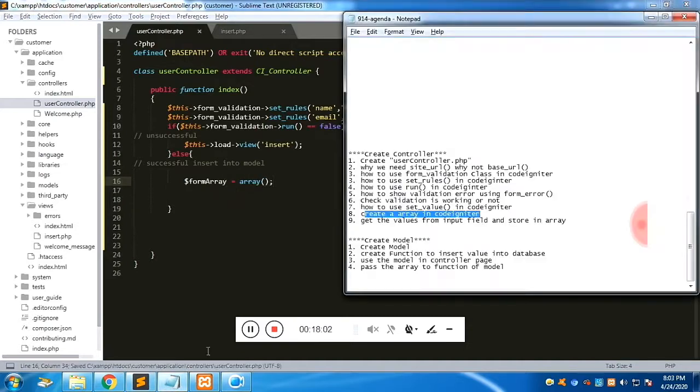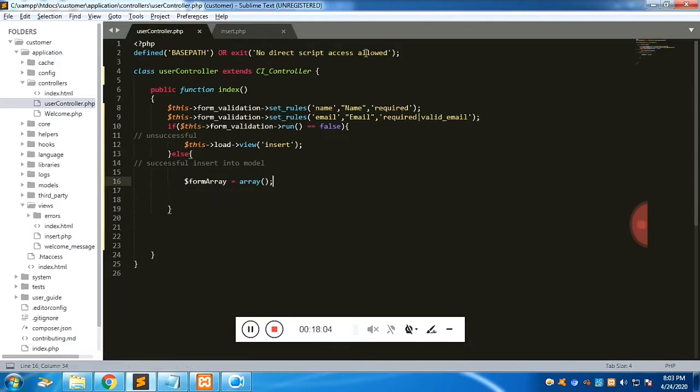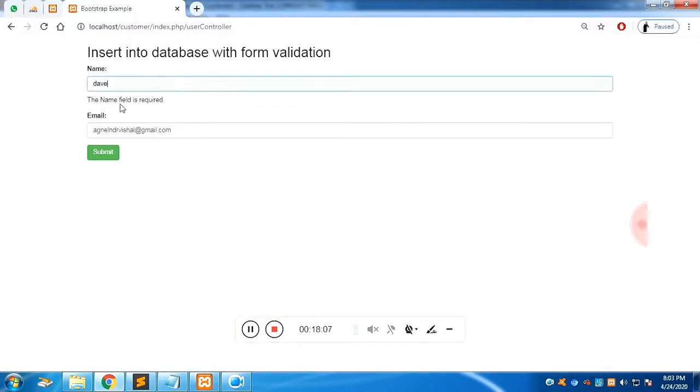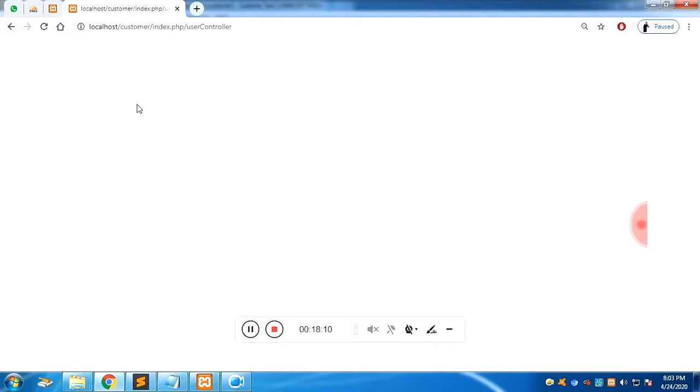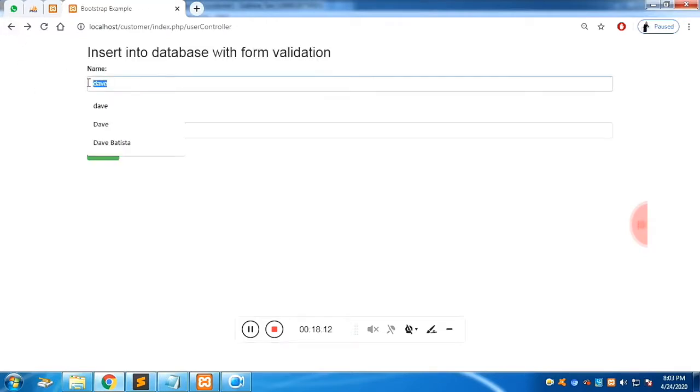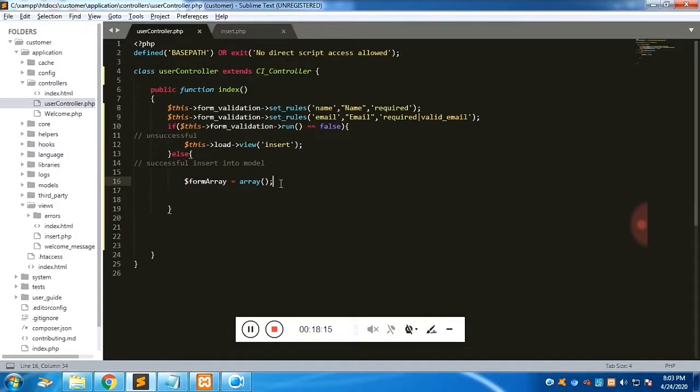Fine. Now we are going to get the value from the input class. Whatever you write inside the input field is going to get stored in the class called input. I'll show you this. We are going to call the class, which is input, and the input class will have the post method, and this post method will have the name attribute, and we'll store it into an array. We'll call it an associative array since we are going to call it with the named index.